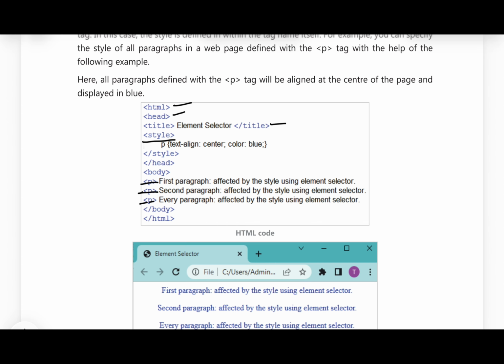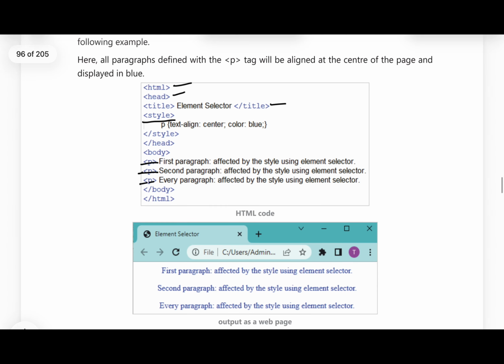If anyone does not have any knowledge about that, you can watch my previous video. See, now let's get back. P tag, correct? Colon, text-align, position center, then color blue, bracket close, style tag also close, head, body, and